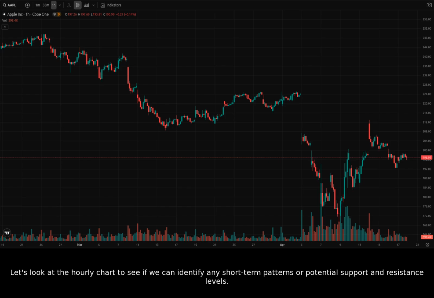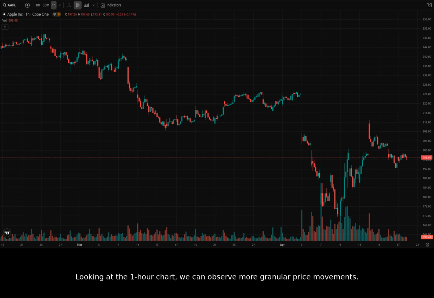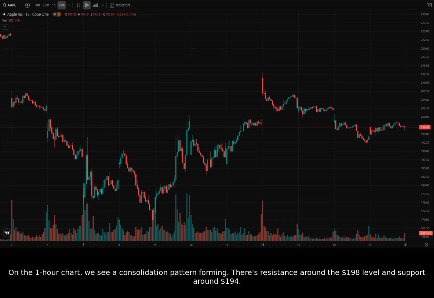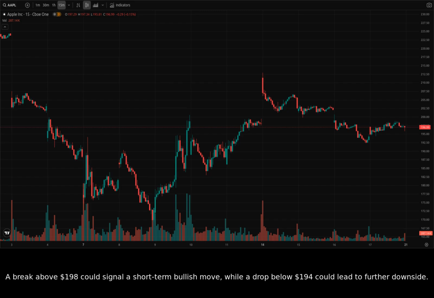and resistance levels. Looking at the 1-hour chart, we can observe more granular price movements. On the 1-hour chart, we see a consolidation pattern forming. There's resistance around the $198 level and support around $194. A break above $198 could signal a short-term bullish move, while a drop below $194 could lead to further